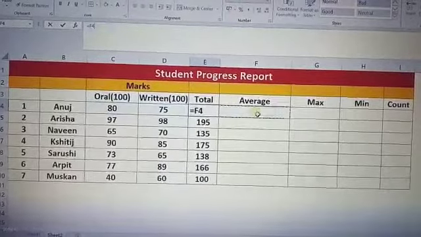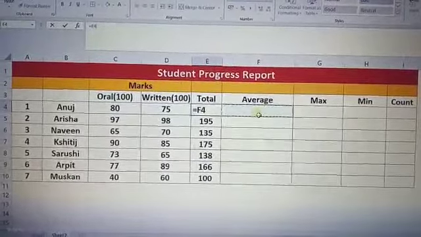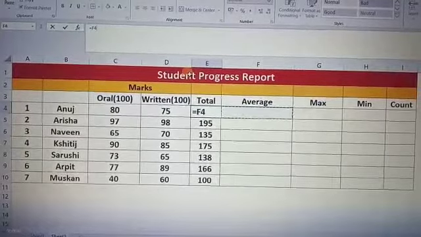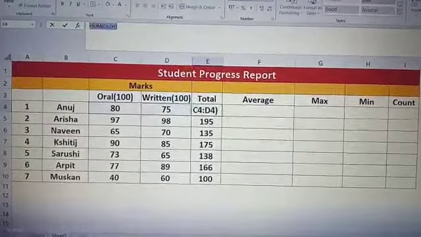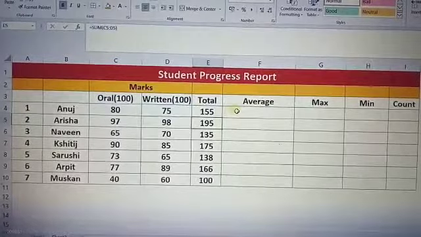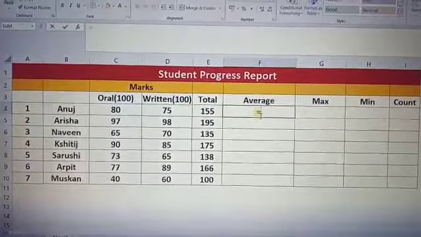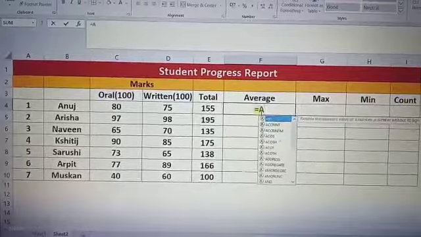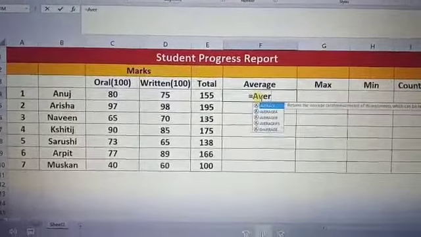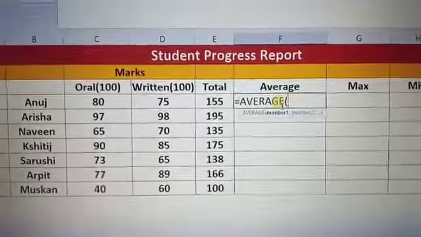Now we calculate the average. How can we calculate the average? Here I have mentioned the average. You can just type AVERAGE and press the tab.